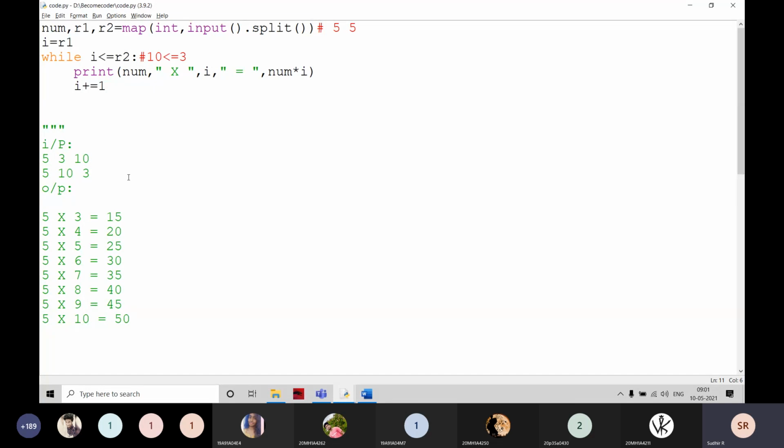If the question is not clear, just ask me and I will explain it again. Students don't understand anything. Some students are thinking that if I am explaining this, they are thinking of some other program. Don't think like that. If you have any doubt on the program, just ask me and I will explain it again. Don't think on your own. You have to think on your own how to write a program, not just for the question.